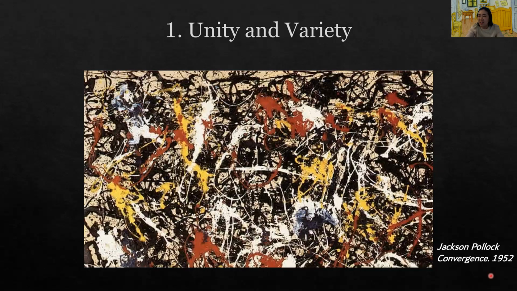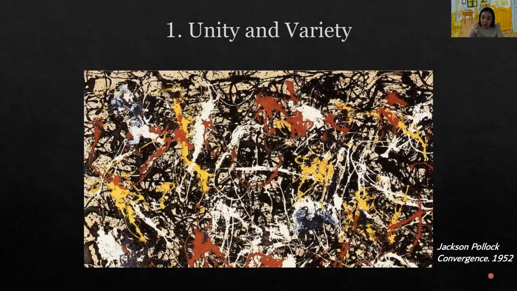What is the unity in this painting? I would say how they're all together. Yes. The way he created the splashing shape on the canvas. Yes, that's right. So when we see this whole painting, we can see the oneness by using the same